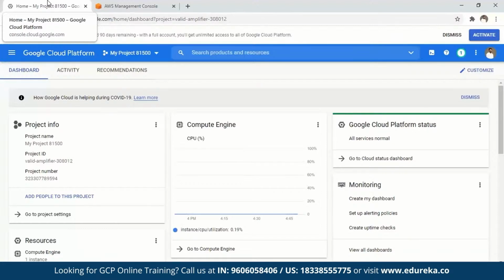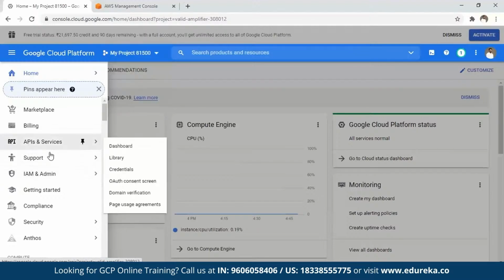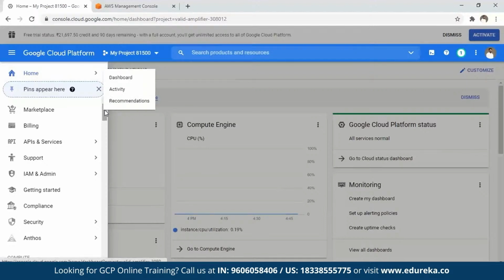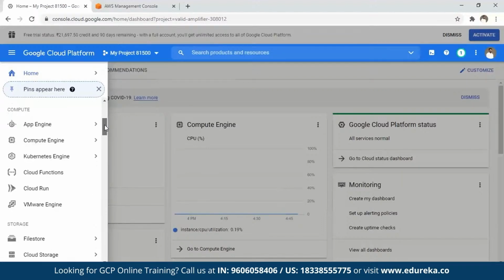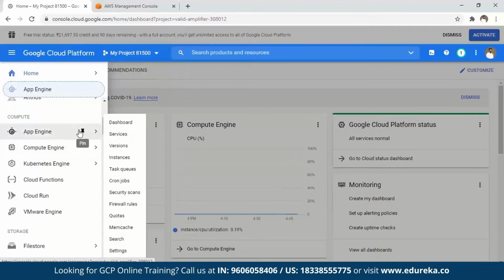Okay. Once that is done, you can always come to this platform and start using it. You can see that all the major services, be it your IAM, APIs, compliance, security, are here. We'll be discussing these one by one, do not worry about that. But meanwhile, let me scroll down. Compute Engine is the one that we'll look into right now. App Engine is your service where you have your PaaS offerings. We'll see the IaaS one, right?